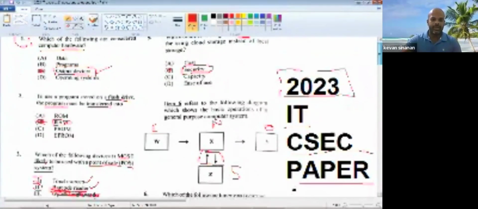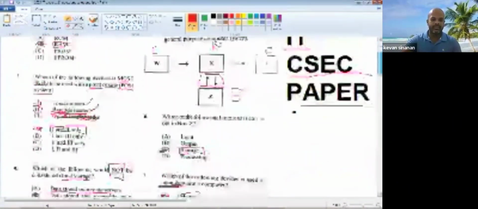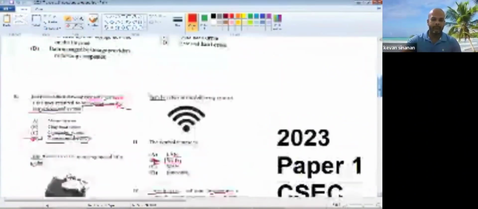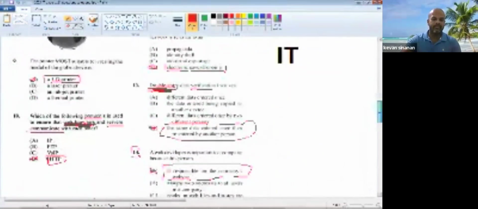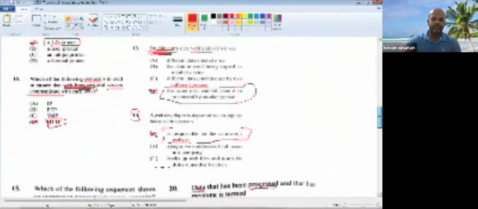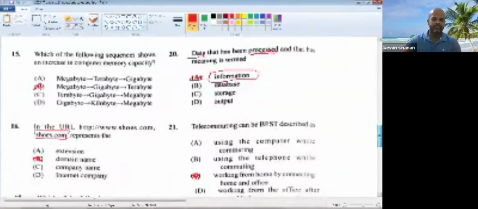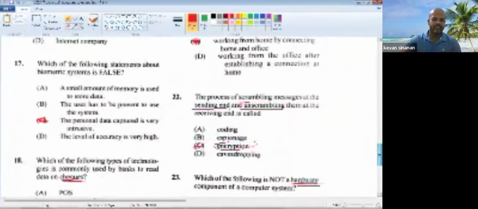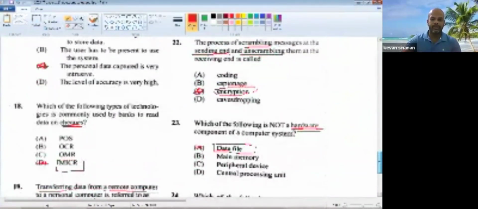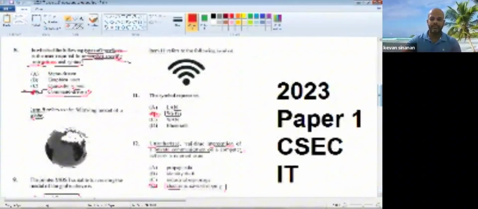So just showing you the answers here. Question 1 is C, 2 is B, number 3 is A, 4, B, 5, B, number 6, C, storage, 7, mouse, A, number 8, number 9, number 10, 11, 12, 13, 14, 15, 16, 17, 18 and 19, number 20, 21, 22, 23, and 24. So there you have it, the solutions from questions 1 to 24 for past paper 2023